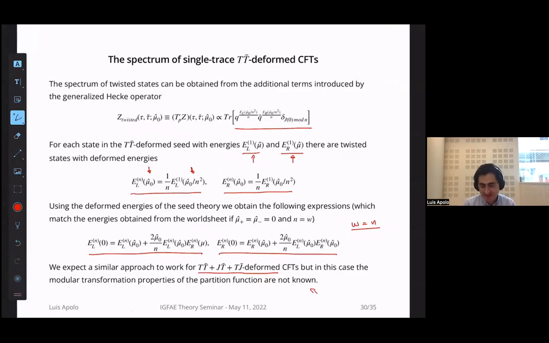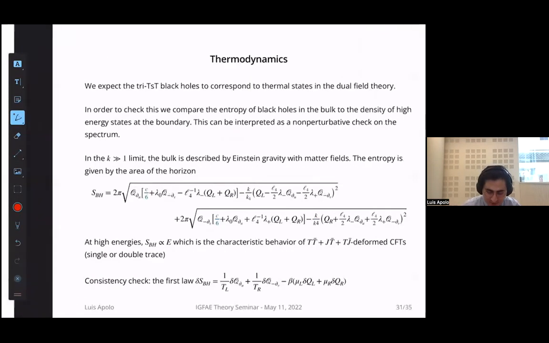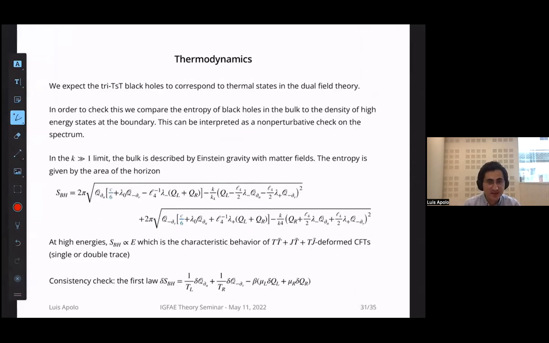Okay, so this is a perturbative check. We can also have a non-perturbative check. I think I'm running out of time, so I will just tell you quickly what the answer is. For the non-perturbative check, we take this family of TsT-transformed backgrounds that I showed you before, and we compute